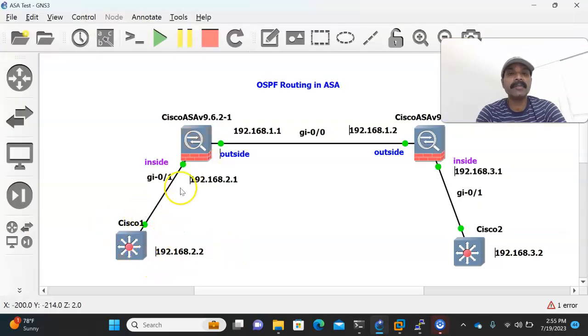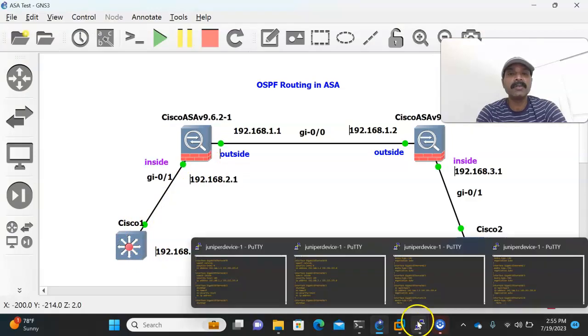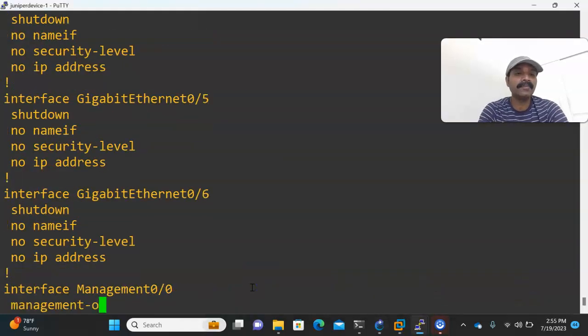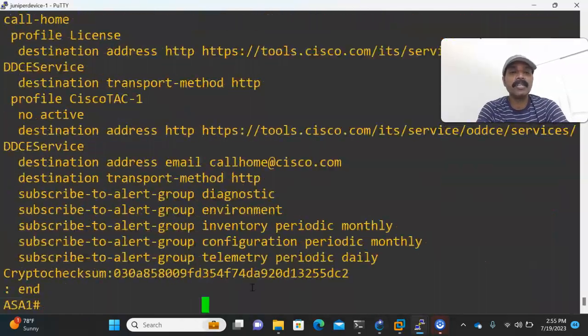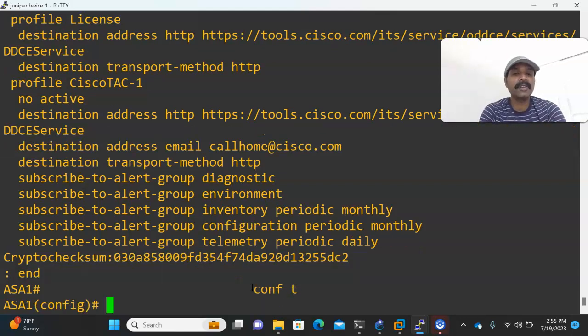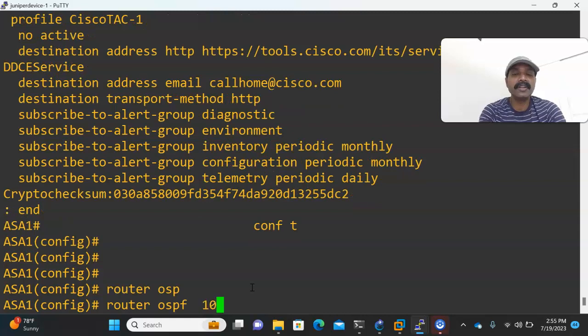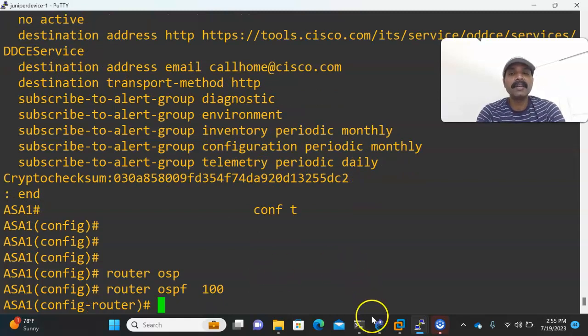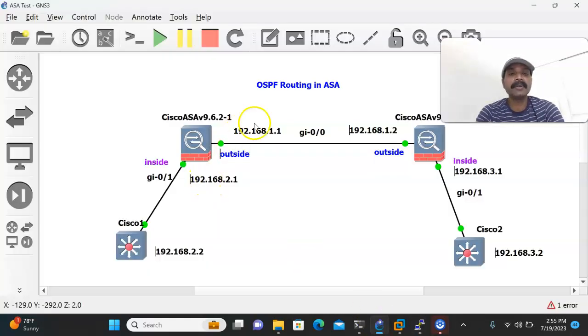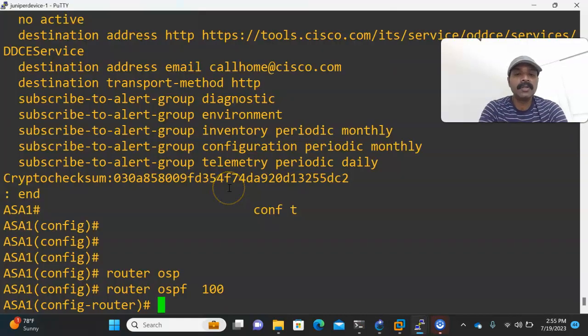Let us go ahead and enable the OSPF routing. Okay, so let us go to firewall 1 and enable the OSPF routing. First go to the configuration mode and enter router ospf 100. Okay, then let us advertise the network statements. So it has two directly connected interfaces, 1.0 and 2.0. So network